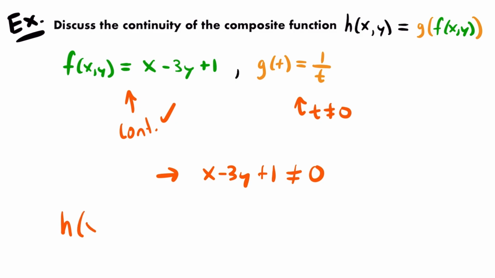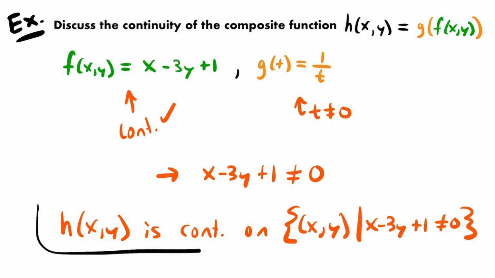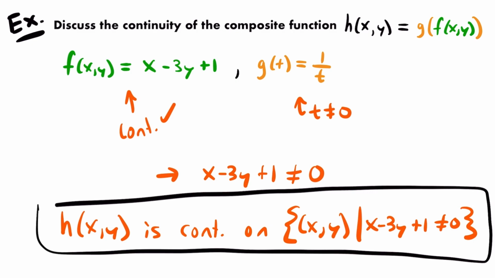We would say that h of xy is continuous on the set of values for x and y such that x minus 3y plus 1 does not equal 0. All other points would be points where this function is continuous. So that is the final answer to this example. All right, so that should give you a good taste of what it's like to determine continuity of multivariable functions, including composite functions. But now I want to take a closer look at something we really haven't talked about yet,